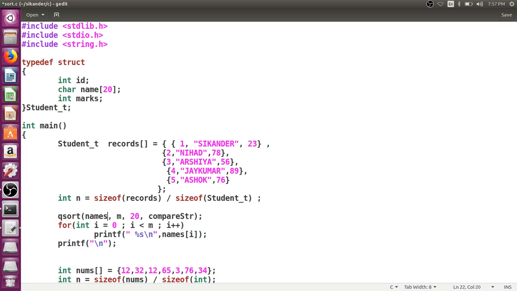Here we need to pass records and let this be n. This will be whatever the size of student. Now the comparison function should match up with the same interface, and inside the comparison function you can specify whether you want to sort based on the marks, the name, or the ID. So I'll just write, let us say, compare string itself, and here I'd like to print %d,